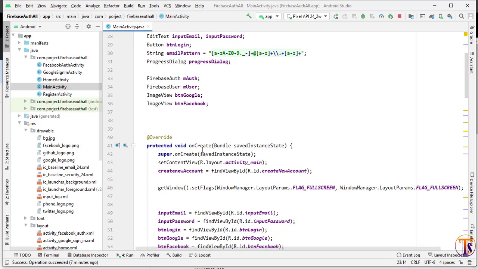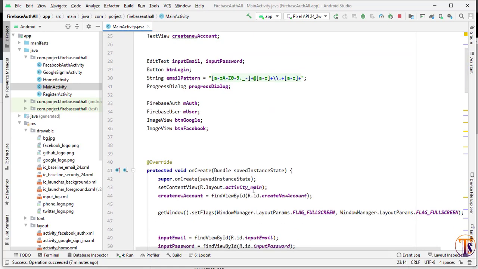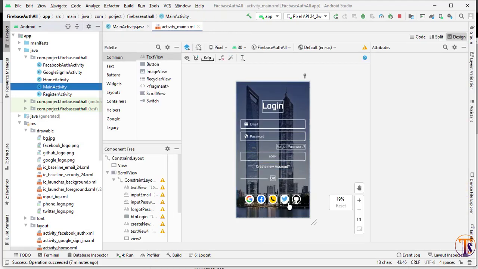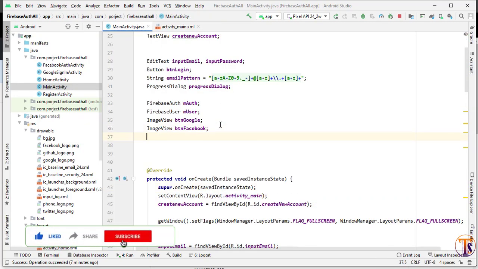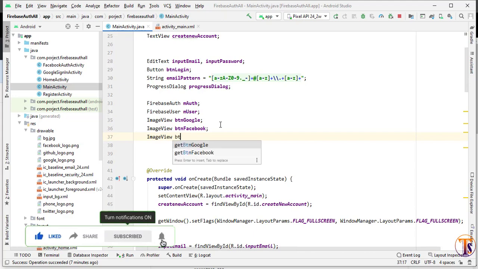So here we have our Android Studio project. We have to open the XML code. So let me open my XML code. Here you can see we have an image view for GitHub. So we have to set a click listener on this GitHub. So here we have to initialize our button. So ImageView btnGitHub,